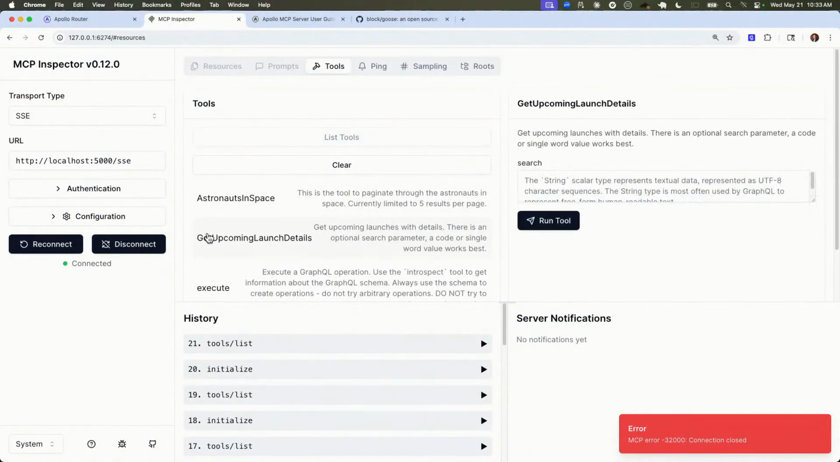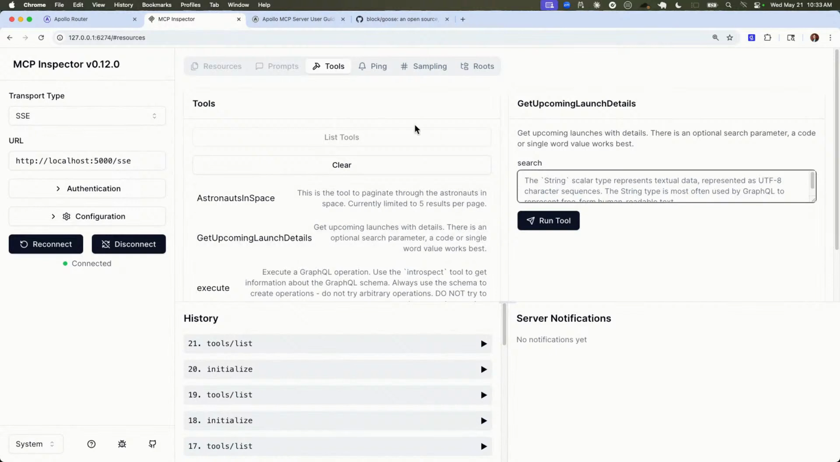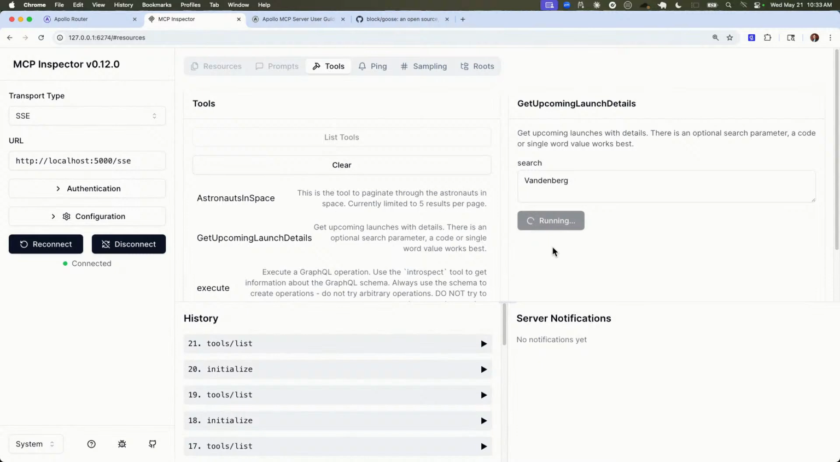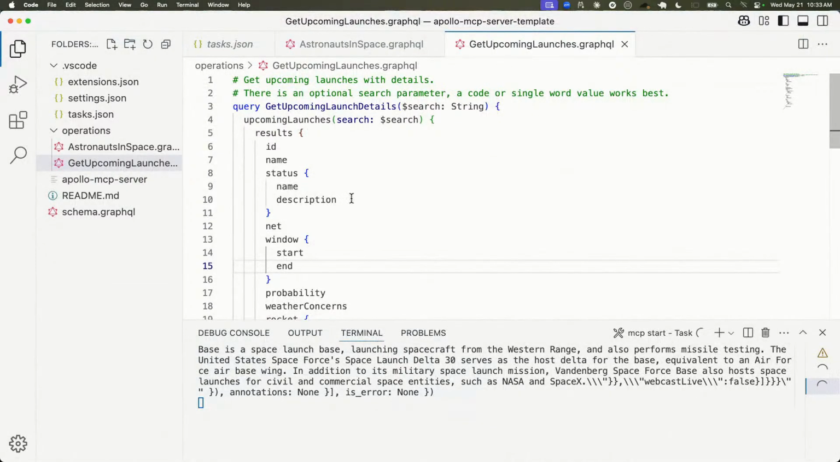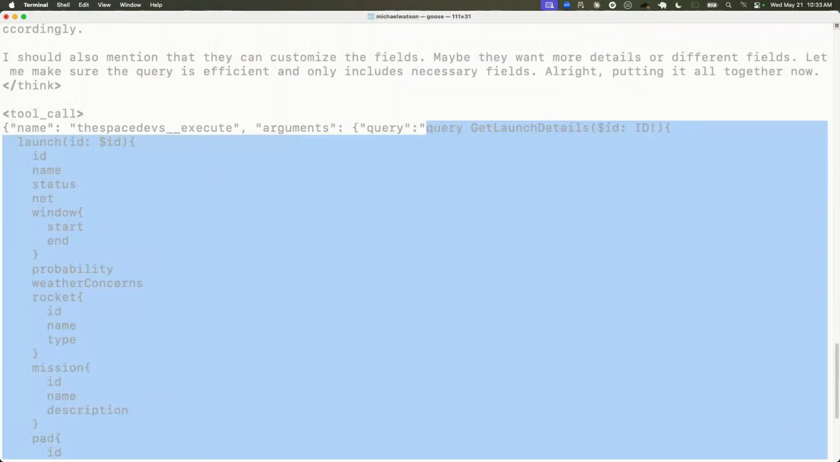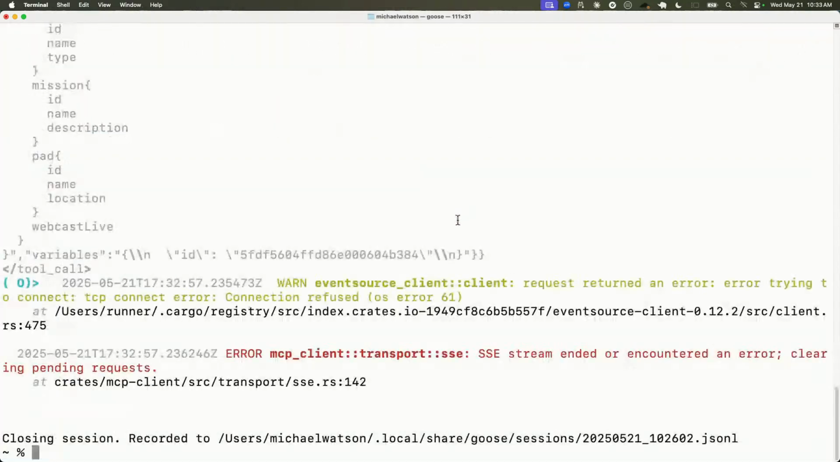Okay, there we go. So now we have get upcoming launch details inside of here with that search term. If I do something like Vandenberg, run the tool, get data back and everything. Awesome. And so now we have just added another tool, and really we can continue this workflow of just adding more tools into our MCP server, and then we can come back to our client,